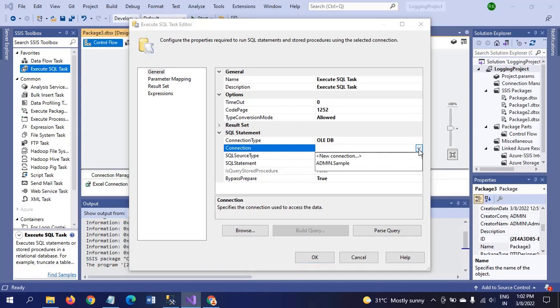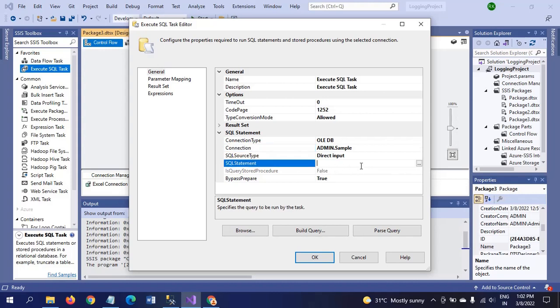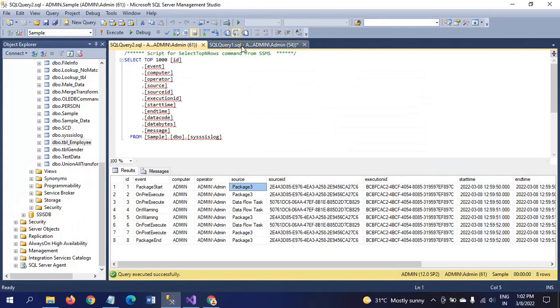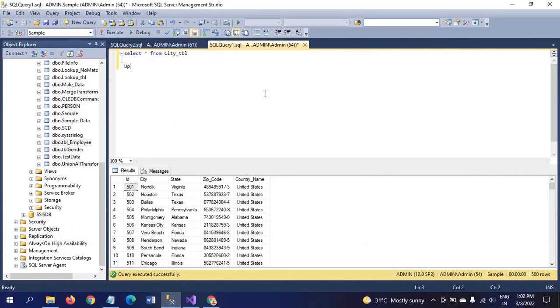Here I need to write some SQL statement. So I'm writing whatever statement I need. Update city table set country name is equal to